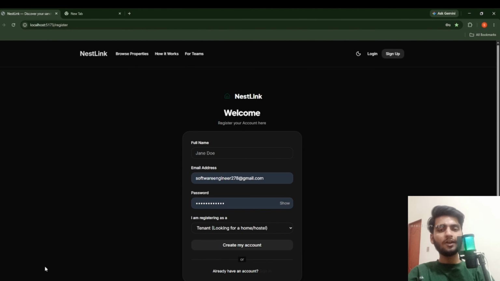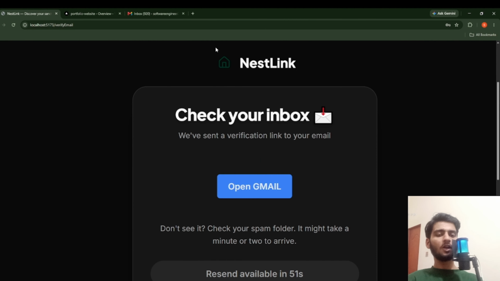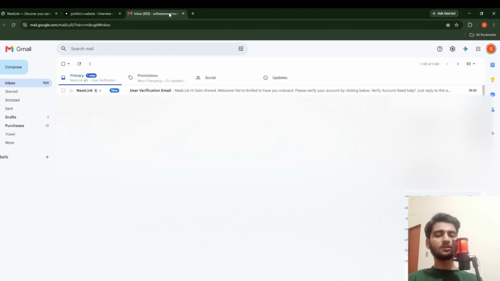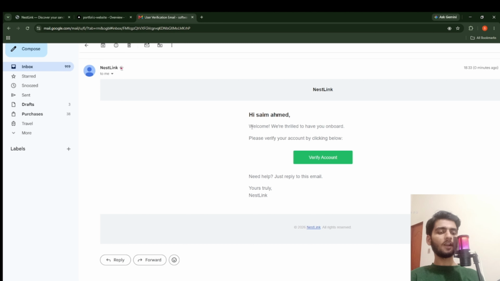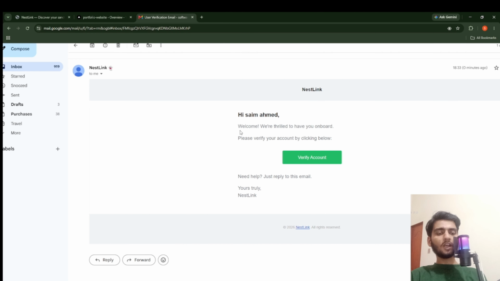After all the configurations and all the setups, we have a working email setup in our project. So now we can send email to our user, so we can verify our email setup. Now check it in our inbox. As you can see, the registration email has landed in our inbox and it has not landed in the spam box. So it means that we are successful in setting up our Resend email setup in our project.